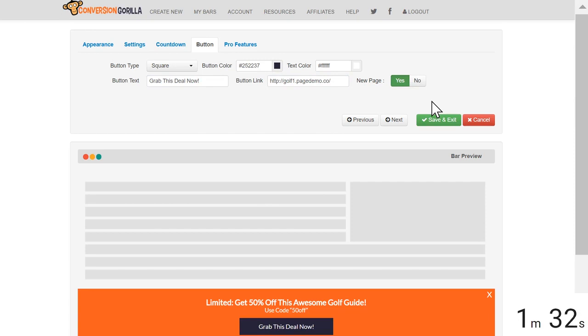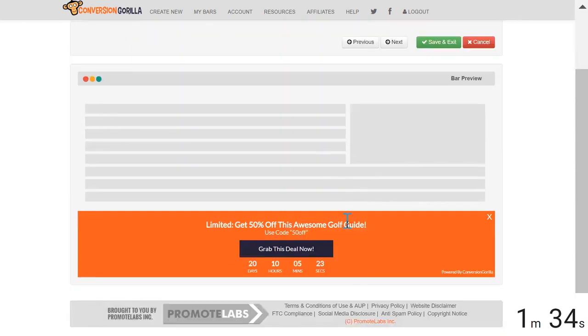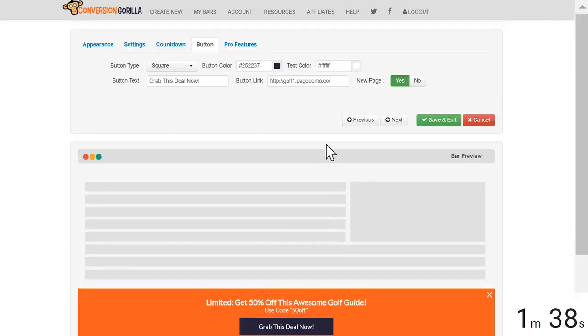As you can see, we've got a live demo showing our gorgeous attention-grabbing ConversionGorilla bar right here. I'm happy with that, so I'll click Save and Exit, and I'll stop the clock. And look how quick that was. Unbelievable. Now, once this bar is installed on my website, I can always come right back here to the dashboard and hit Edit, and any changes I make will automatically be made in real time to the bar on my